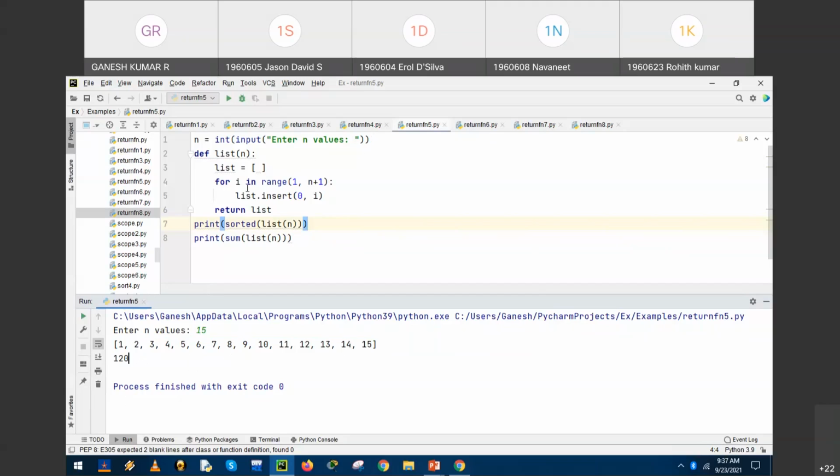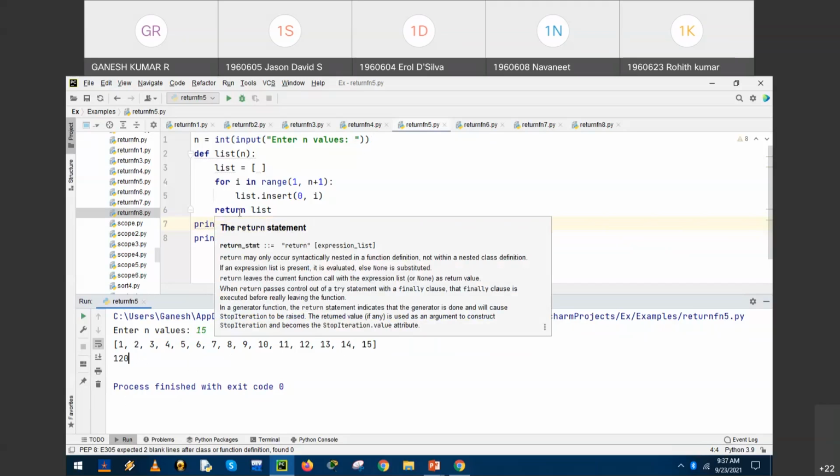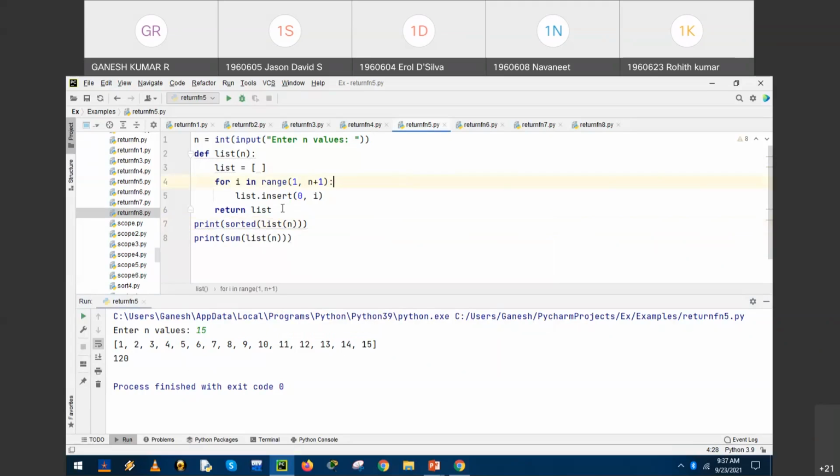So we started with a simple return instruction with only the keyword itself and not anything following it. The second variation, return with an expression. The second return variant is extended with an expression. And we had defined a static list, right? This static list can be modified into dynamic as per the user requirement. We have defined n, and according to the value, the details are done.